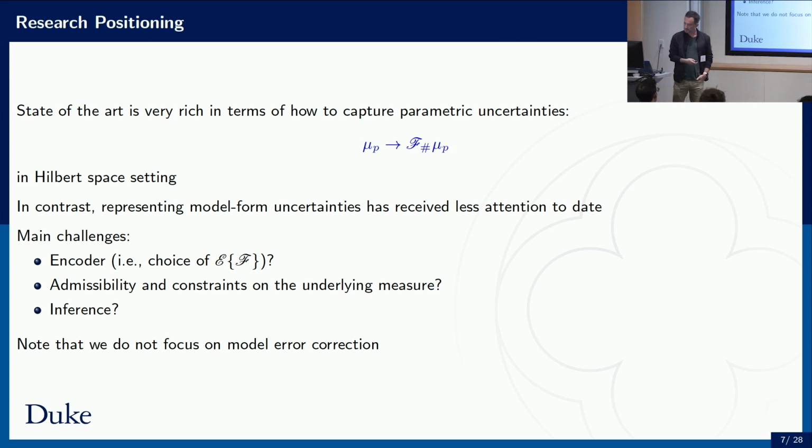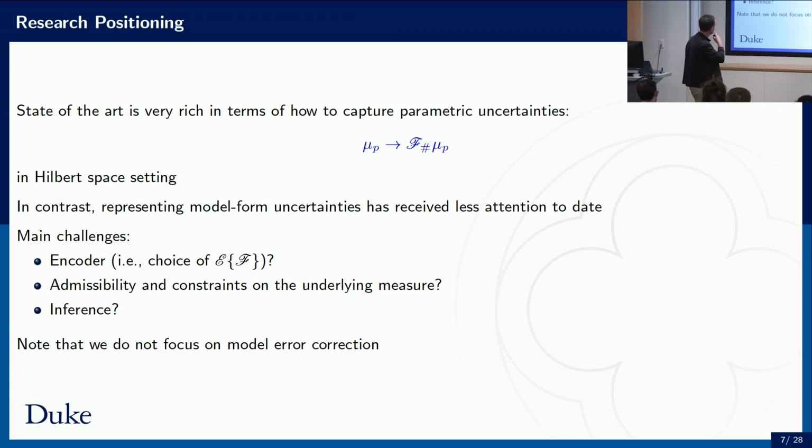So in terms of the positioning of the research, for those of you who are not a UQ person, the state of the art in UQ is extremely rich to capture parametric uncertainties, right? You get some input measure, and you are pushing forward the measure to some quantities of interest. You can go all the way back. Omar Ghattas gave a presentation yesterday, typically in the Hilbert space setting. George has been leading the way in that field, and for like 30 years, we sort of know how to do that. Now, if you think about how you do that in the same way for model form uncertainties,